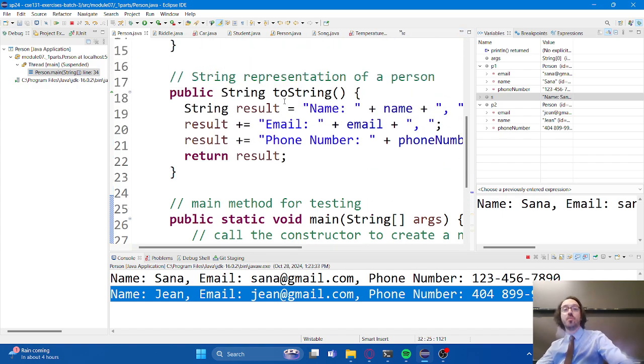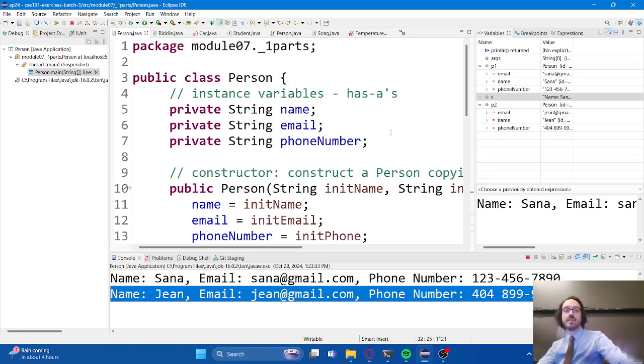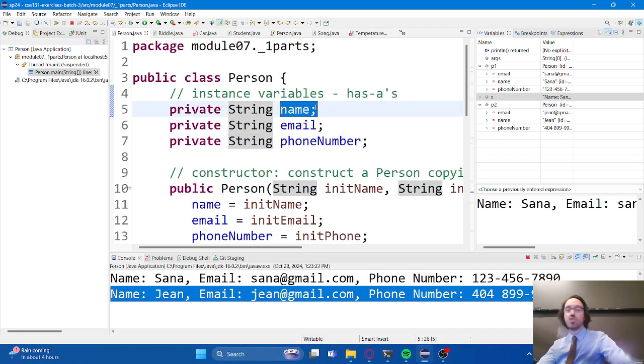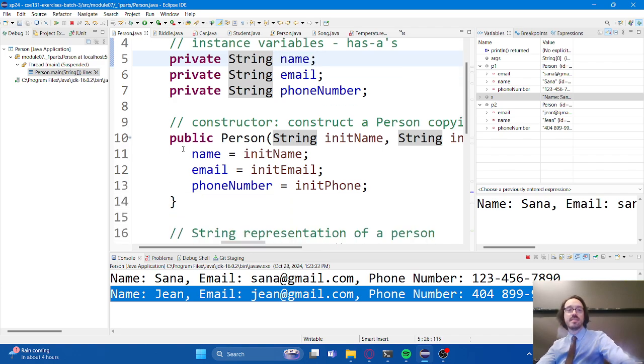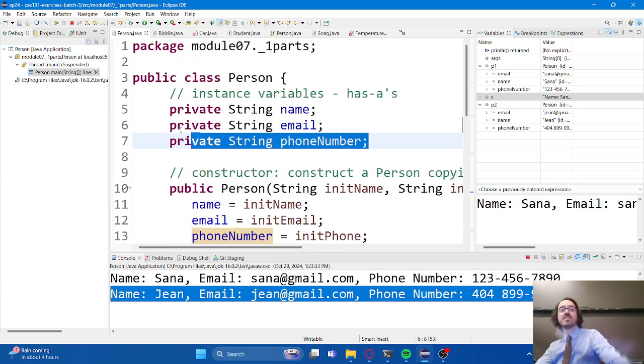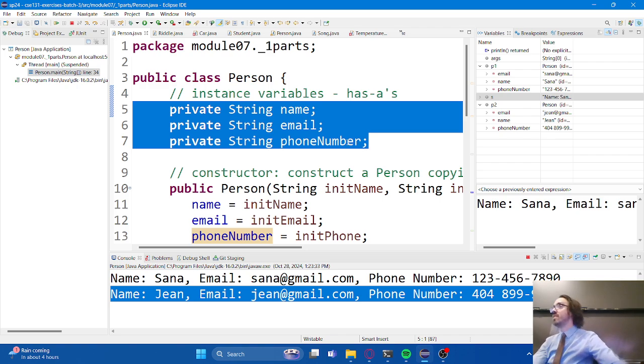Yes, the question was about scope. We're actually playing around with scope a little bit today with our instance variables. In fact, you may have noticed that the instance variables show up in blue, and you may have noticed that, oh, hey, I'm using the instance variable in this method, and I'm using the instance variable in this method. We actually haven't really been able to do that before. That's actually one of the magic things of using classes, using objects in this way. These instance variables, we would say, do have class level scope, meaning that they can be used anywhere within the